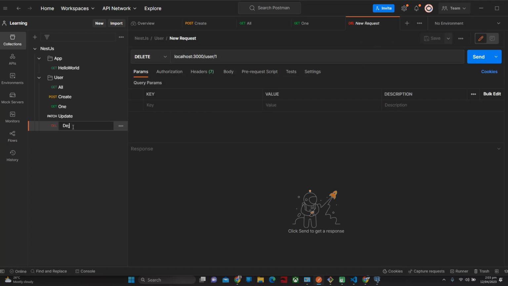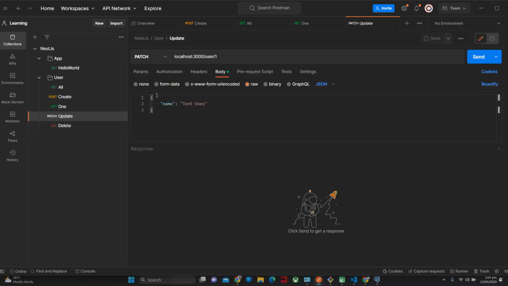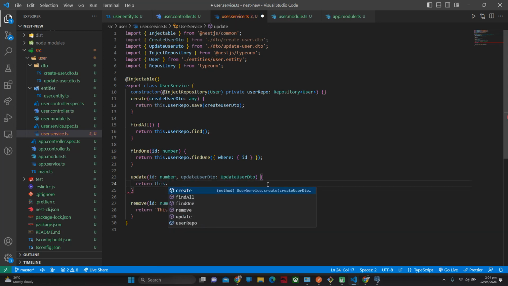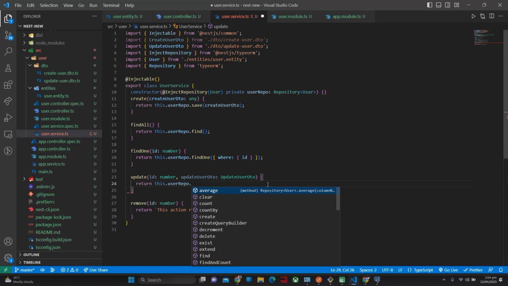Now moving towards the update and delete, we will just create two functions there. I'm just changing the names accordingly. So as you know, in the patch you can change a particular entity. So I am just changing the name here, and I will test it once I wrap up the function. So going back towards the code, I will just change the function here, user repo dot